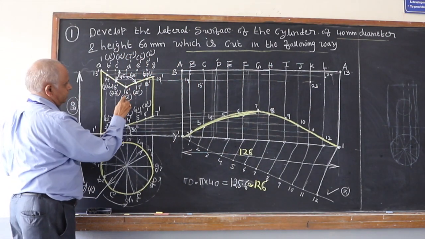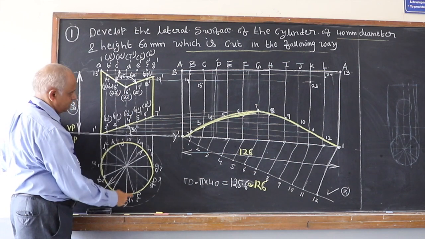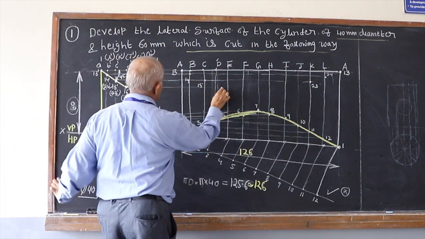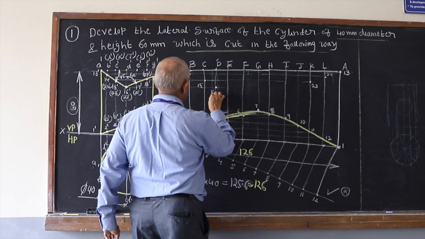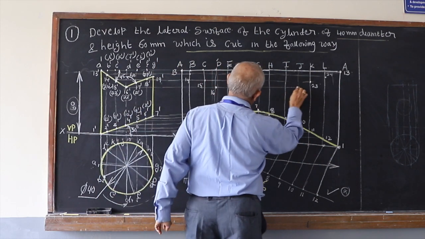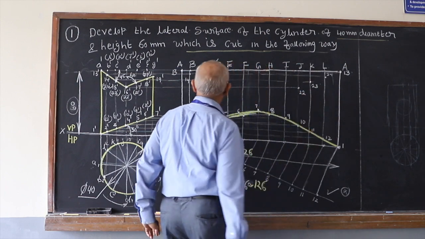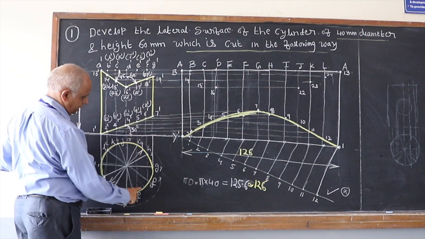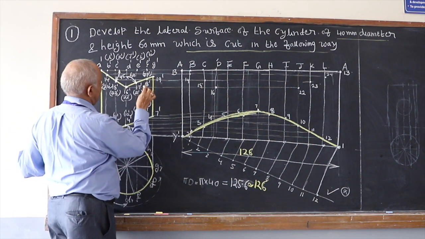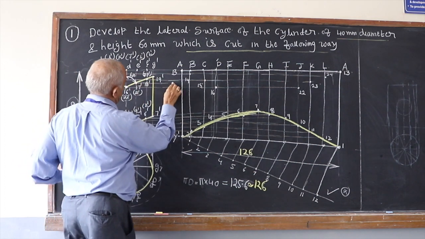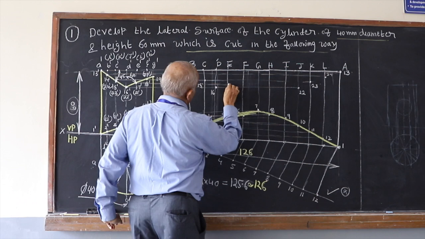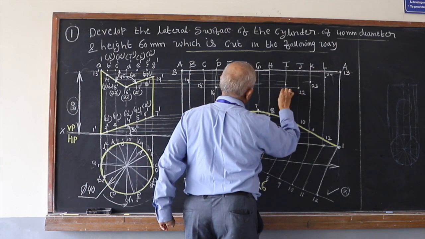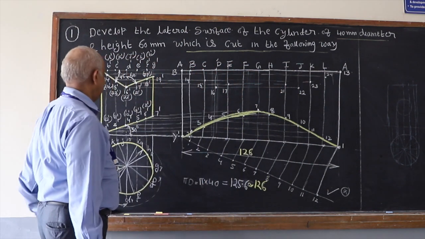And then come to this point, there is 16 and 22. 16 is on D and 22 is on J. So project this here. It's on D 16 and on J 22. Then 17 and 21 are on the generators through E and I. So 17 and 21, take the projector from here. This is 17 and this one is 21. So 17 and 21 is over.